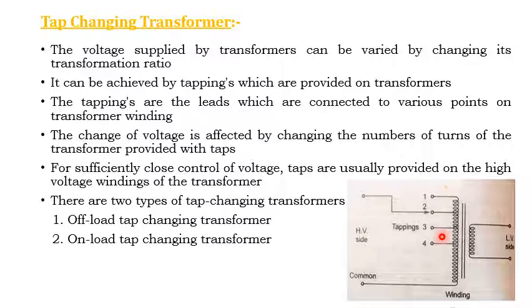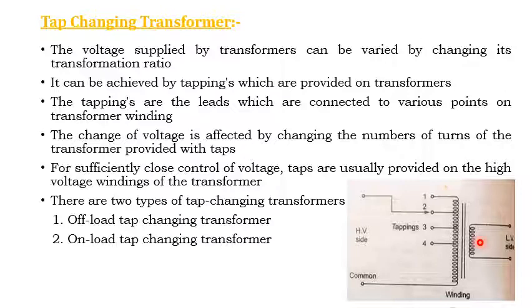The second reason is that, you know, at the low voltage side there will be a larger current. So if tappings are provided on the low voltage side, then difficulties are encountered in the interruption of such high current, which makes it impracticable. Because the low voltage side carries a larger current, it is difficult to interrupt such a high current. So this is one more reason.